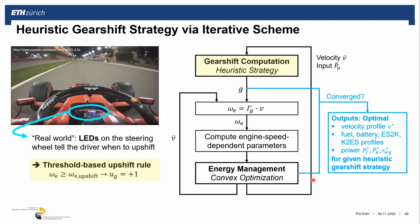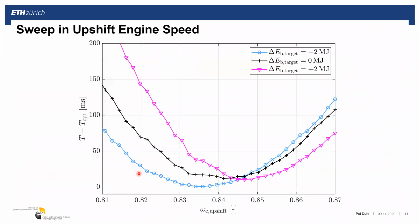So in each iteration, we get the velocity profile, and then we evaluate this rule and get the gear shift profile. And then we still iterate, and in the end, we get the optimal energy management strategies for the given heuristic gear shift strategy. So the energy management is still optimized, but the gear shift strategy was determined by a heuristic. Now we did a sweep of the upshift engine speed threshold for different battery targets, -2 megajoule, and then